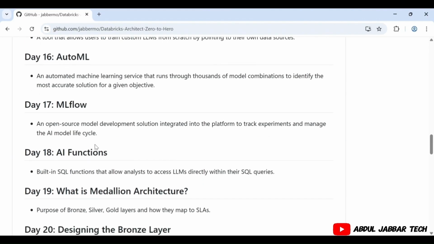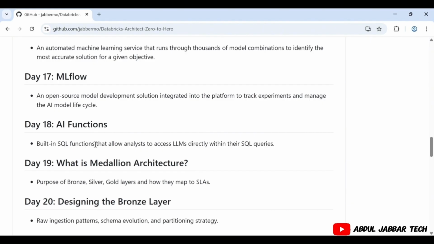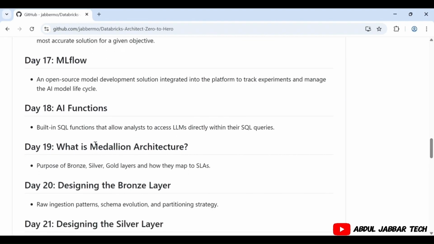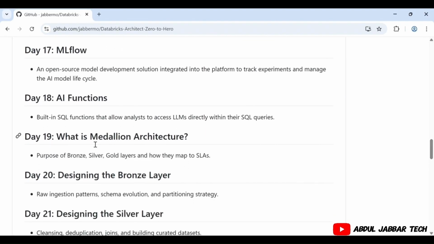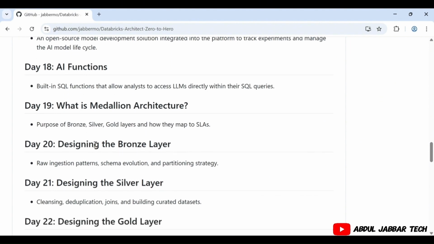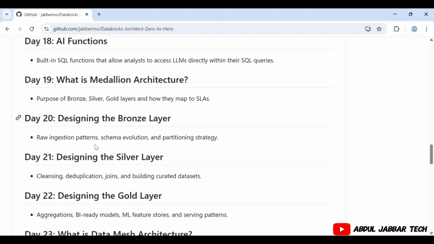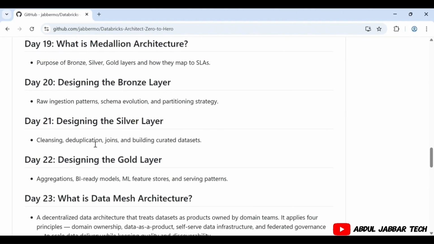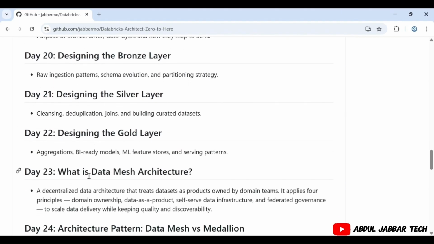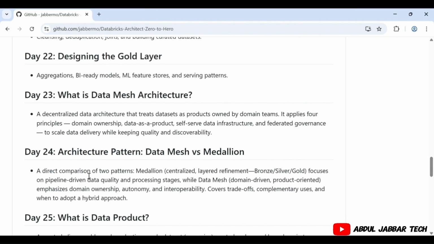And day 18, we'll have a look at AI functions that allow analysts to access LLMs directly from their SQL queries. And then day 19, we'll look at Medallion architecture, or in fact, we'll dive deep into Medallion architecture, in fact, designing bronze layer, silver layer, and gold layer on the respective days. And then on day 23, we'll look at data mesh architecture, and then on day 24, we'll do a comparison between data mesh versus Medallion,